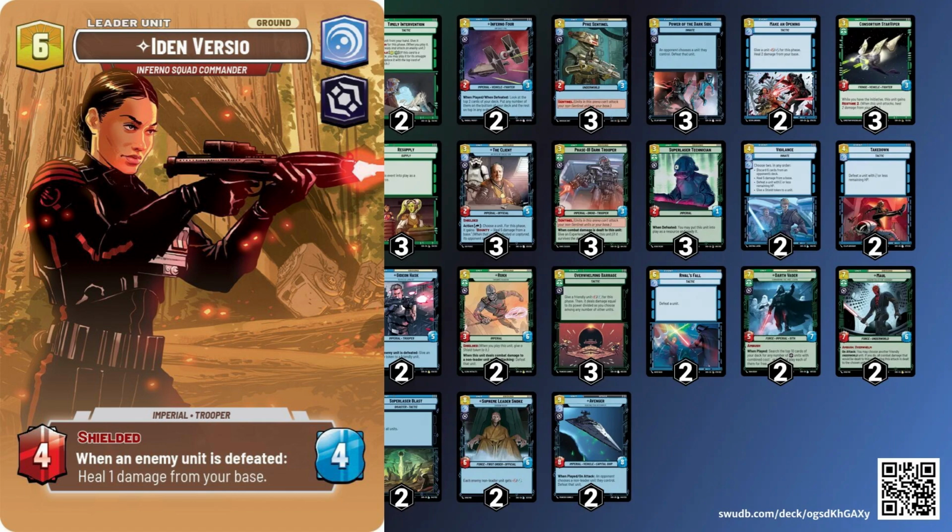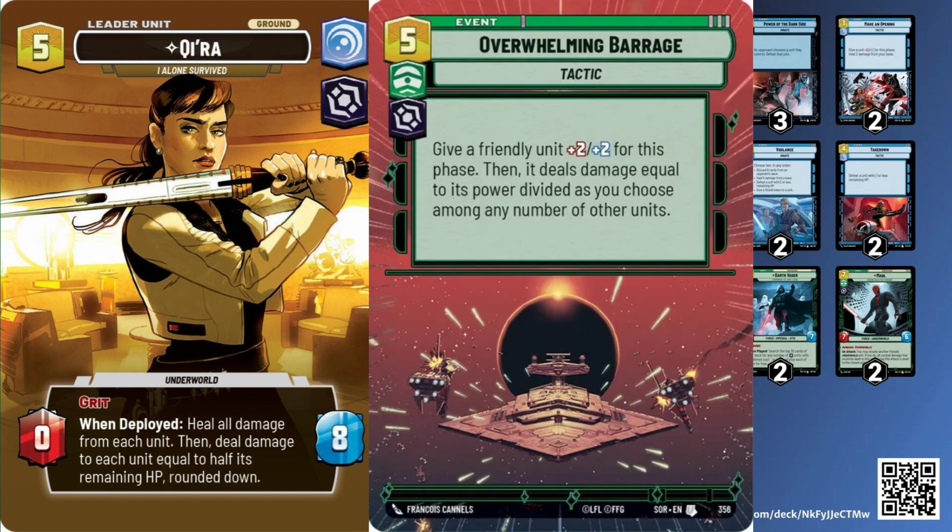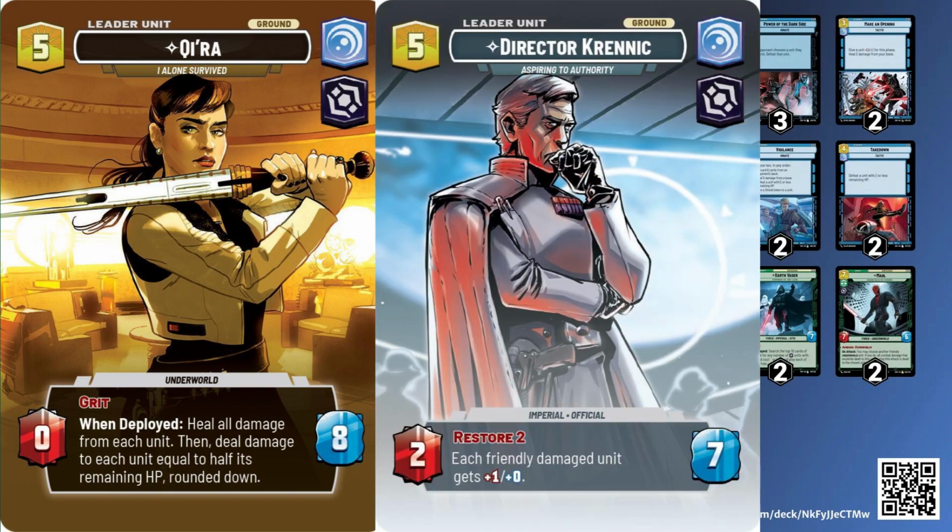So Qi'ra, I think, is a little more impactful on its flip turn because of its ability and what it does. Damaging the board and healing all of your stuff and then damaging everything by half is really cool. It sets up a really nice barrage turn. It also just can come in and do 4 damage to something and take something out. I just think it's a little more of an impactful flip turn, whereas Krennic it's okay, but it never feels